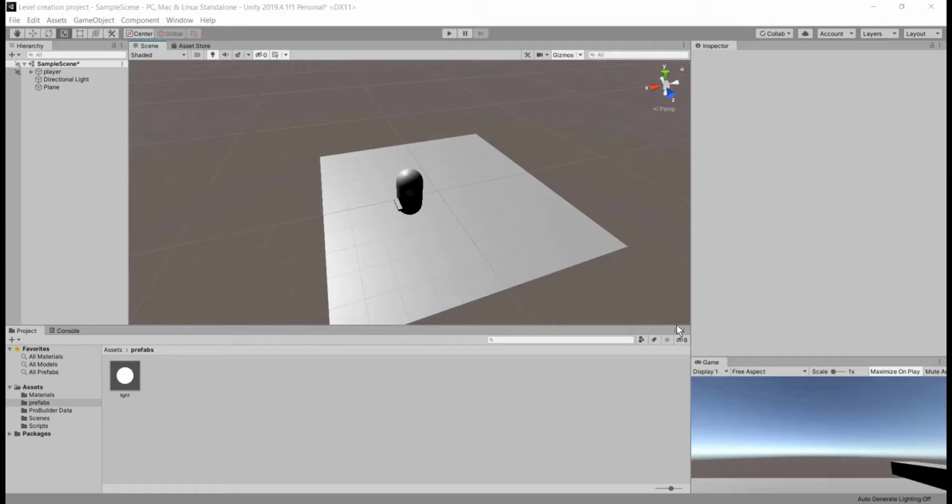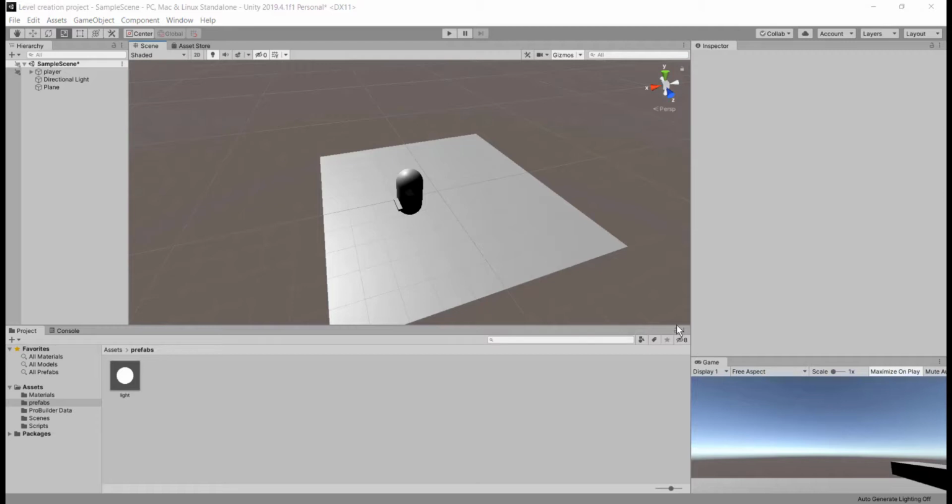I am using the ProGrids and ProBuilder packages to create my prototype level. ProBuilder is a tool within Unity that lets you design, prototype and playtest levels in a rapid manner during the development of your game.